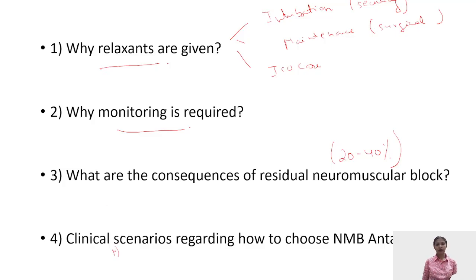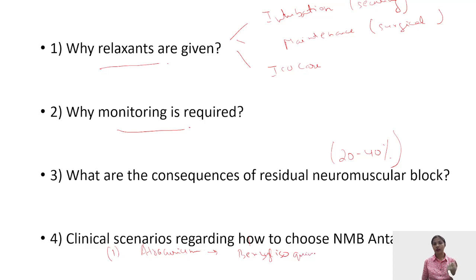One, if the patient is suffering from, say, renal failure or liver failure, in these cases, we give the skeletal muscle relaxant which is atracurium. I hope you are aware of the skeletal muscle relaxant drugs. So whenever we have certain comorbidities which are affecting the renal and the liver, the drug of choice is atracurium, which is of the class of the drug benzylisoquinolones.